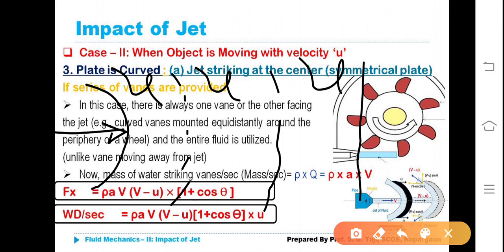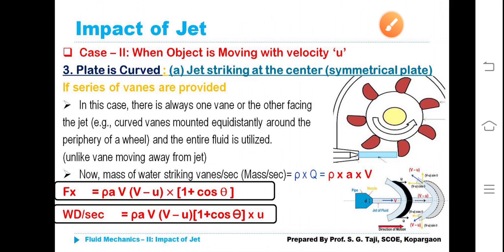Hence, we are mounting the vanes at equidistant positions all along the periphery of the wheel, and in turn it is connected to a shaft. Thereby, electricity can be generated, which can be used in residential houses, commercial houses, office buildings, schools, colleges, auditoriums, cricket stadiums, film theatres, etc. That is the importance of why we are required to go in series. Okay, concept is clear? Now, quickly we will pass on.